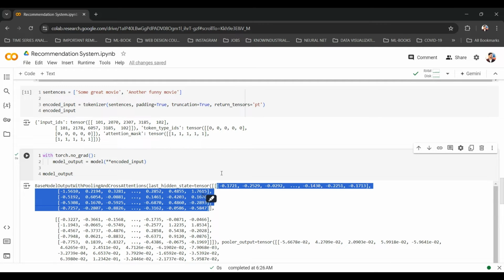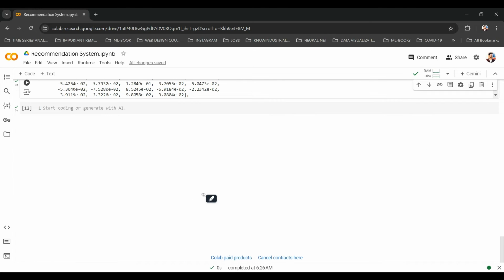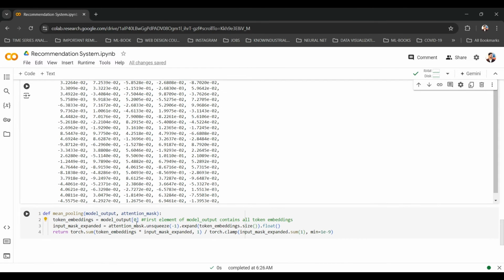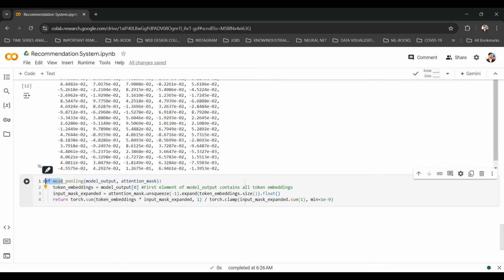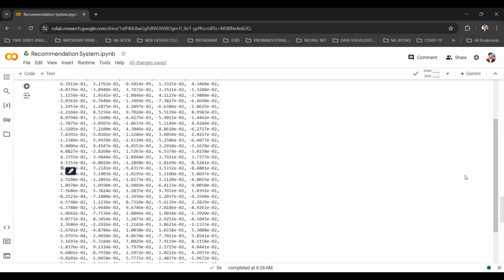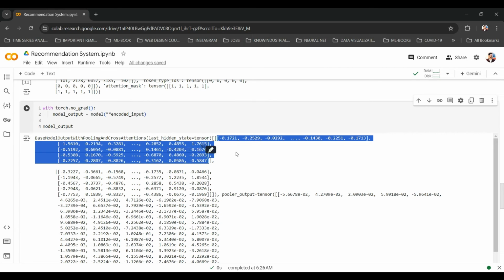I'll write a function for that. I have a predefined function for that. I will write it down and then I will explain it to you. So this is the function that we'll be using for doing that. It's called mean pooling. Basically I said that I'll be taking the average, isn't it? Mean pooling means just aggregating. We are aggregating and then finding the mean. We are summing this up.